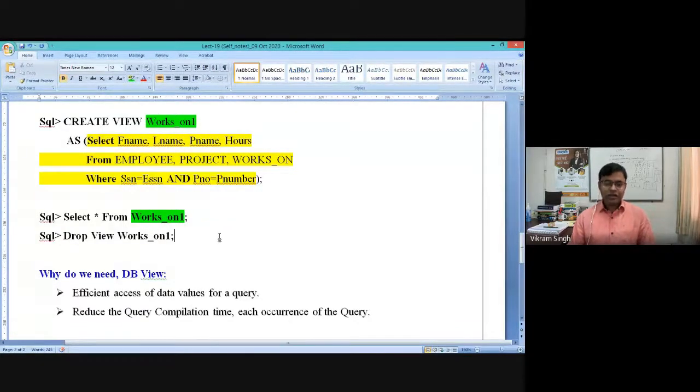So whenever you want to modify a view, that's why it is said in books also that you cannot modify a view. Modifying a view means adding something or removing something in the query which is used in the creation of the view. So whatever query you created the view for, adding something to that query, that is the typical meaning of modifying a view, right?